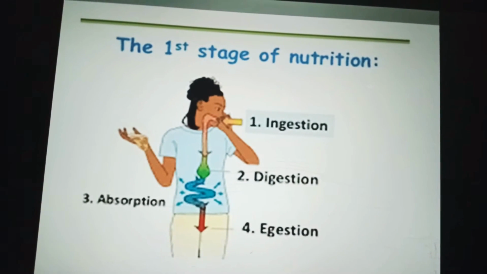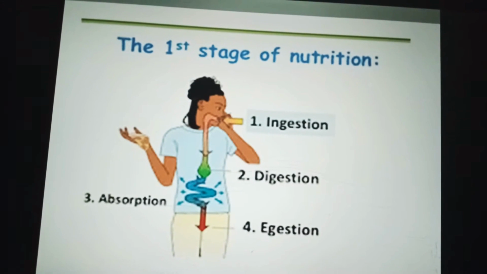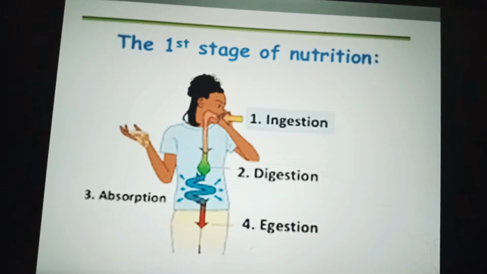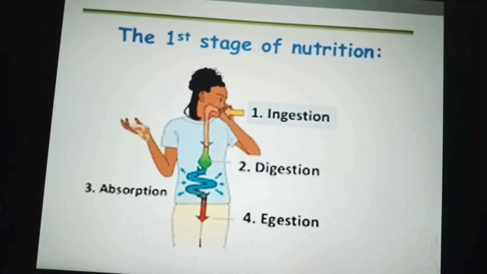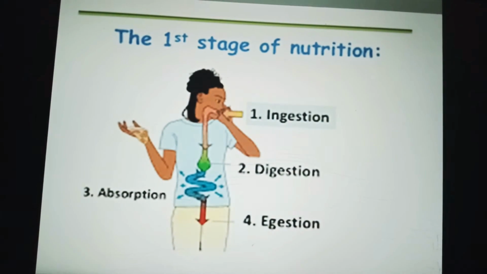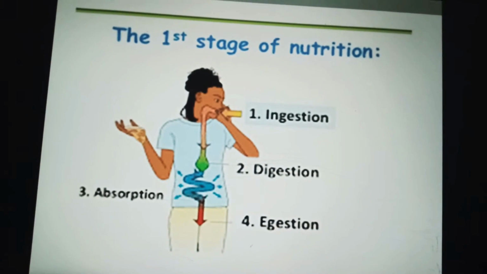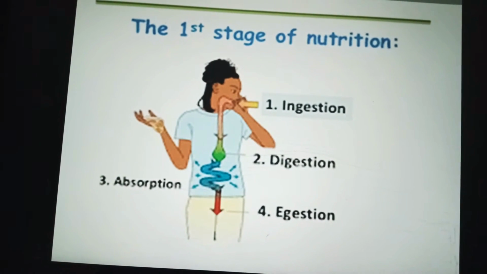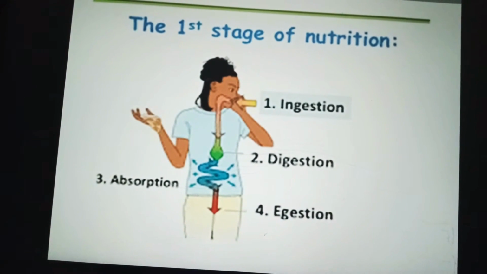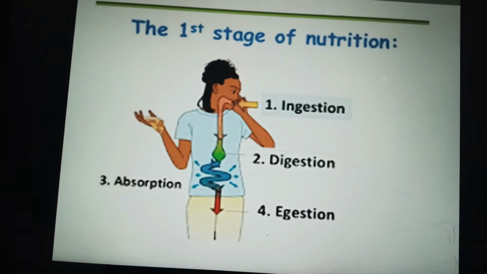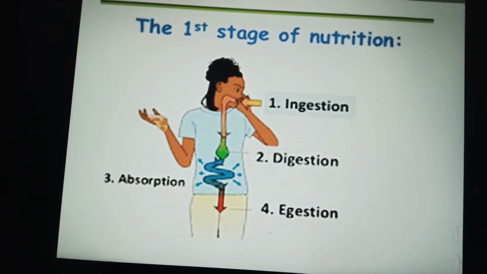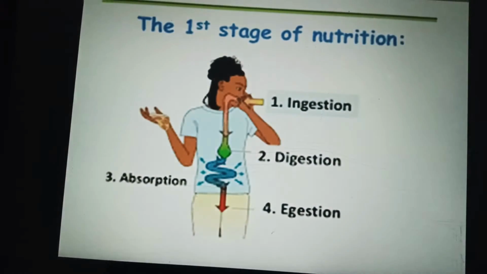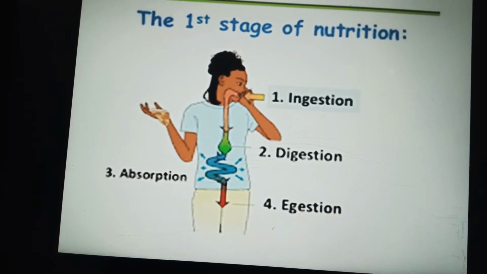So here are the steps of digestion. The first stage of nutrition. First one is ingestion. Second is digestion. Third is absorption. And fourth is egestion. After digestion, the diffusible molecules from the digestive system reach body cells through blood. Here they are assimilated to get energy and to synthesize our own structures. At the same time, the indigestible parts of the food are eliminated out of the body through the process of